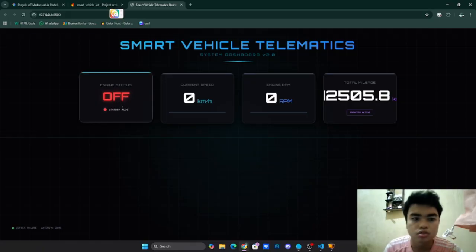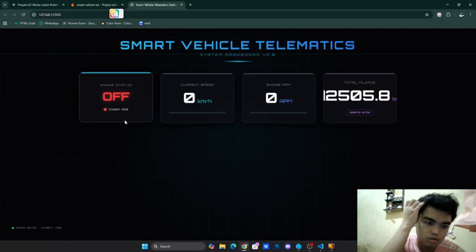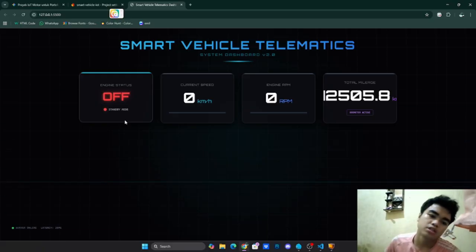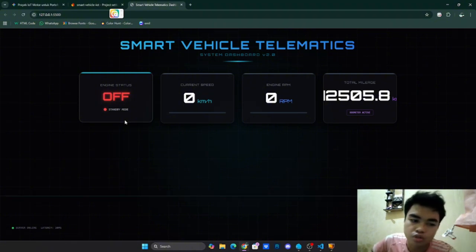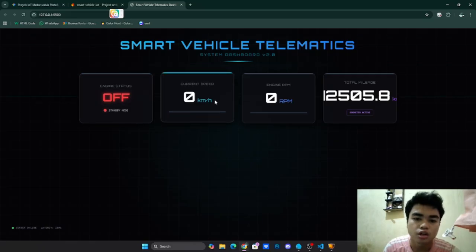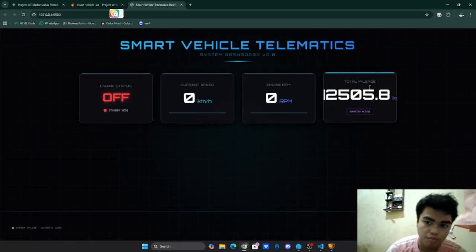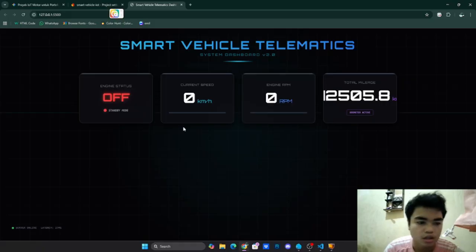You can turn the engine on or off. This is built using pure HTML, CSS, and JavaScript with the Tailwind framework. It acts as the visual instrument cluster, monitoring speed, RPM, and total mileage.